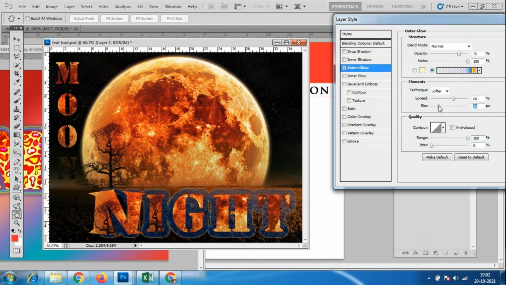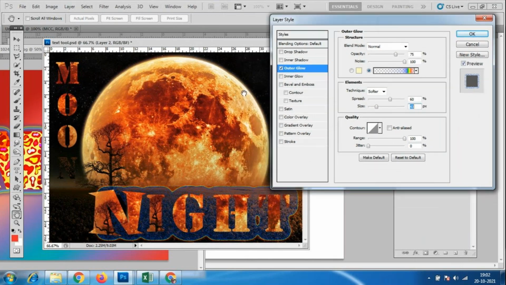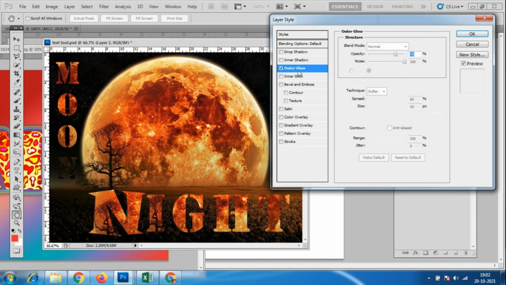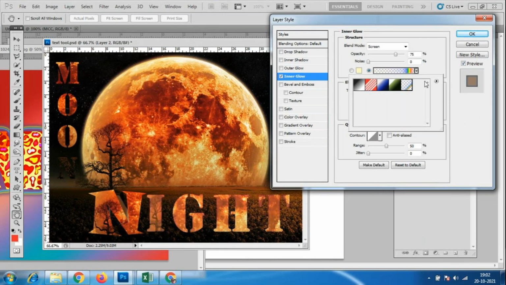So one design you have to create with a different kind of text. Texture, in the sense, you have to add the layer mask, and only for that you have to apply the blending options. Okay, so next we have the option called inner glow. Even that will come only inside. So I'll keep it like this.